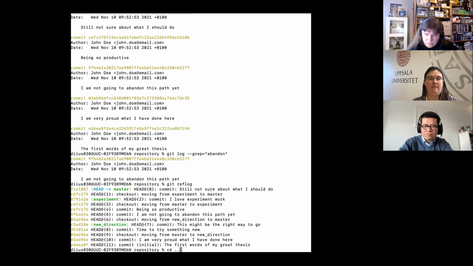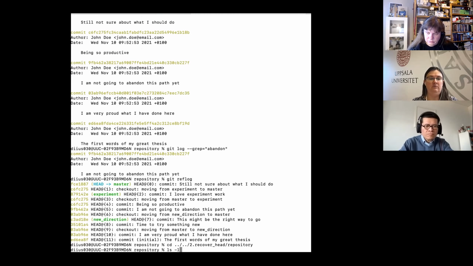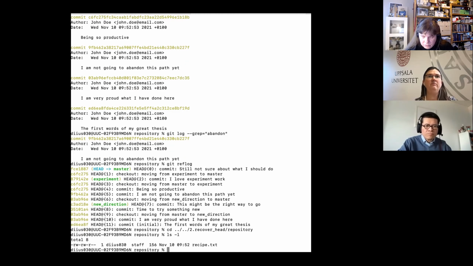Okay. Then I'm going to move to the second exercise, which deals with detached heads. I'm going to quickly open here a window with the exercise. Yeah, so this exercise is about recovering the head, and the goal is to identify when we get into a detached head mode and how we can actually recover from this. And I'm going to